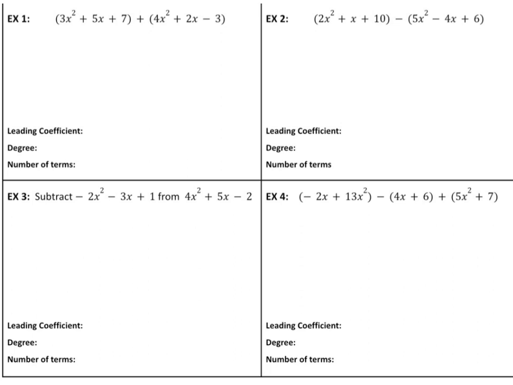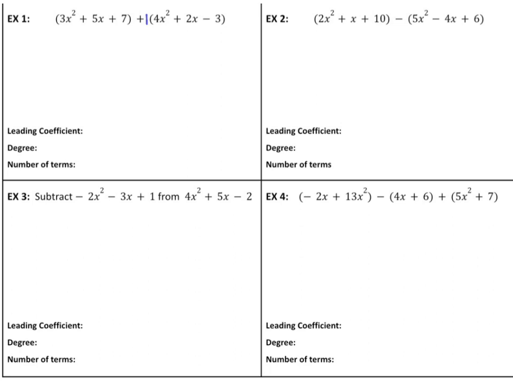combine like terms. When I'm adding two polynomials together, I don't have to worry too terribly much about distributing, because if you distribute a positive 1, anytime we just see a plus outside the parentheses, it would be plus 1. Just like if it was a minus, it would be minus 1. But distributing that positive 1 to each of my terms in the parentheses is not going to change their value. So when we're adding two polynomials together, it's not necessary for there to be parentheses, but to go ahead and